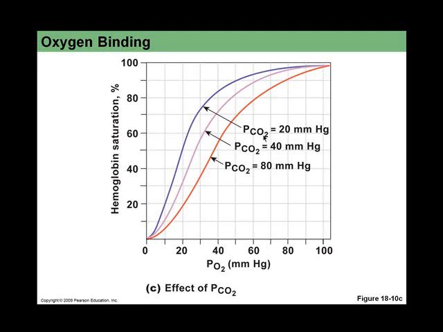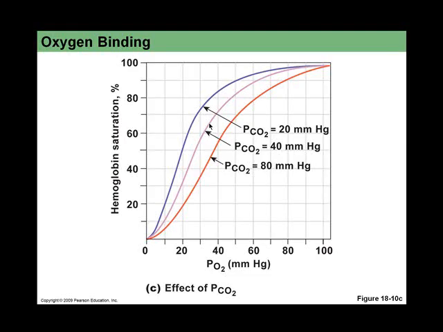So, in other words, at the lung, when the PCO2 is dropping, what's important is if we look across this spectrum of 80 to 40 to 20, we can conclude that when PCO2 drops, then the rate of saturation increases. Okay, so when PCO2 drops from 46 to 40 across the pulmonary circuit, the rate of saturation increases, so you